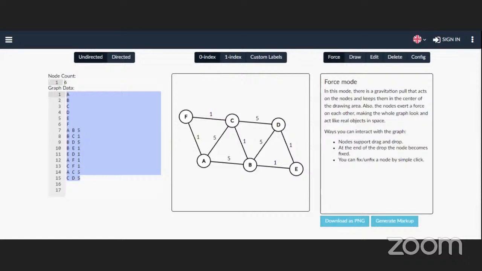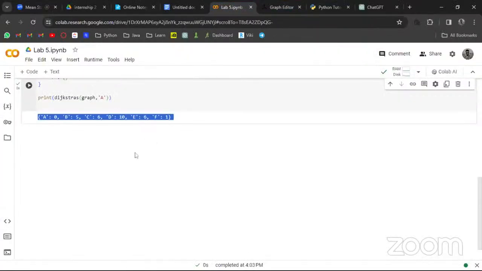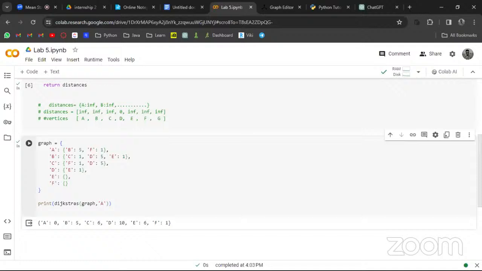Yeah, it gave, right. So now we can check them. This is my graph, and I'm checking from A. So the answer that I got is this. Let's check manually. So it is saying that for this graph, my shortest paths from each vertex from A are A to A,